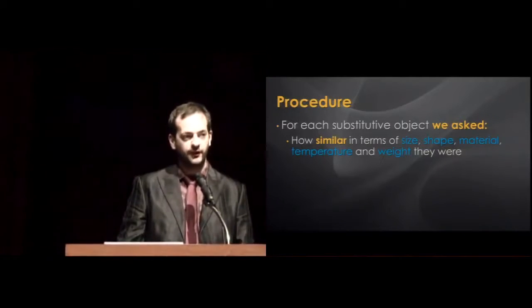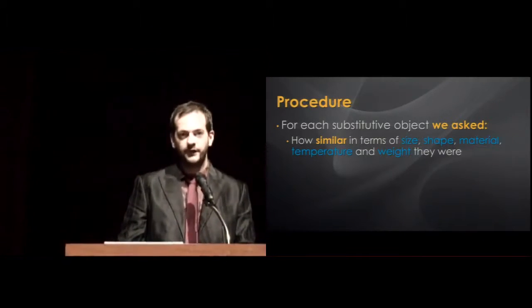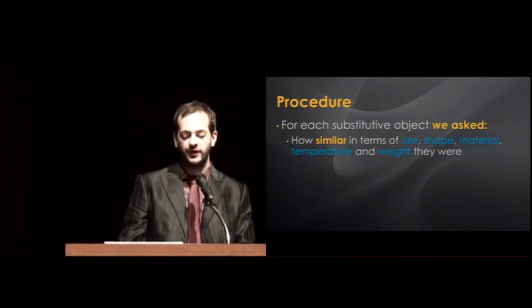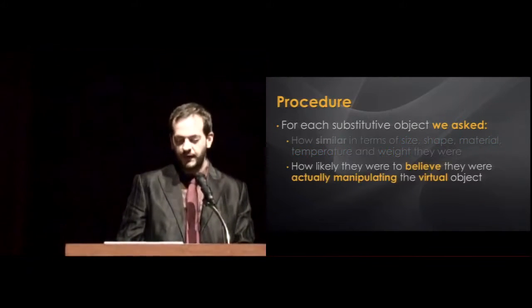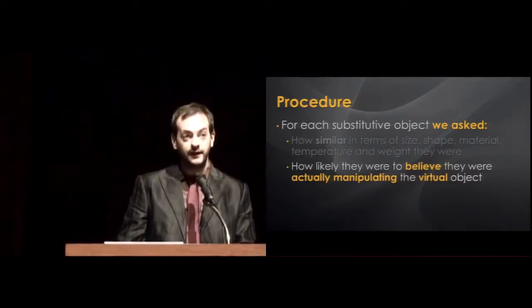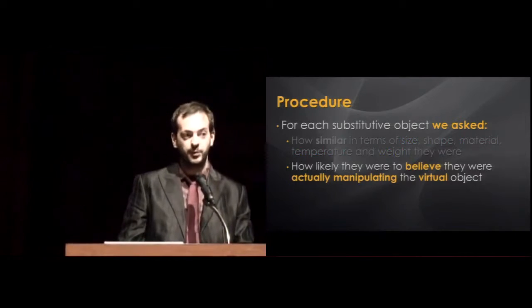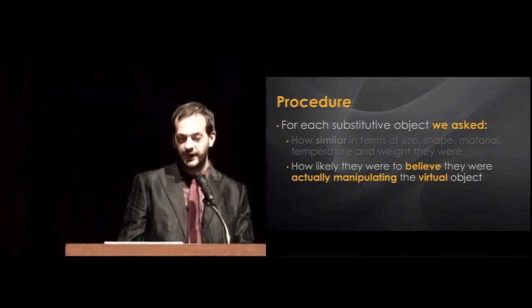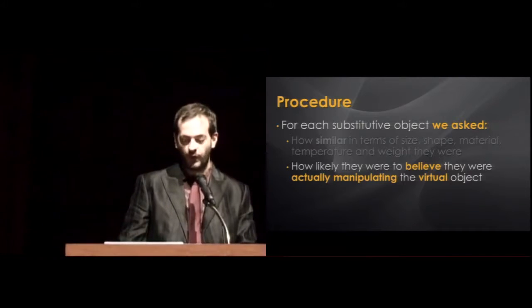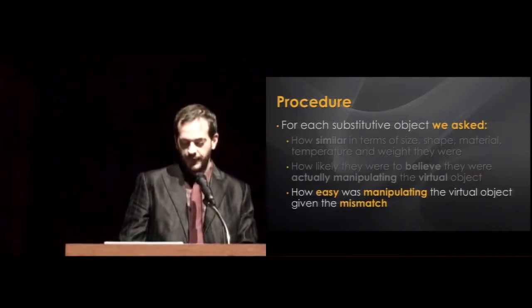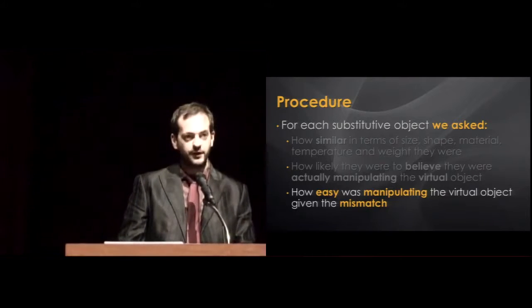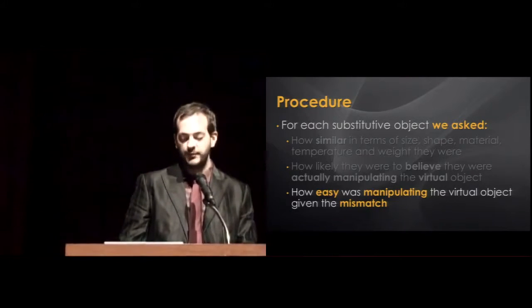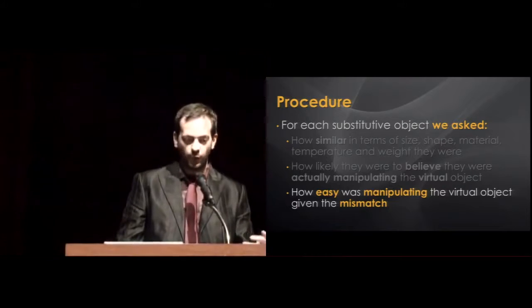asked how similar, on a scale from 1 to 7, they were in terms of size, shape, material, temperature, and weight. And we also asked how likely they were to believe that they were actually manipulating the object they saw through the HMD instead of the real one they were holding. They did not know what objects they were holding. And also how easy it was to manipulate the object, considering the overall mismatch from what they saw and what